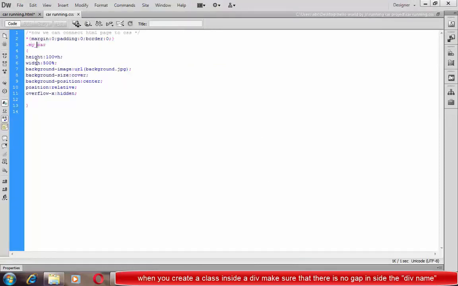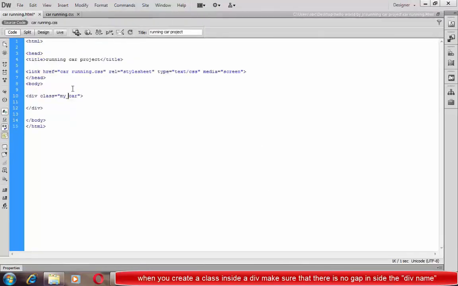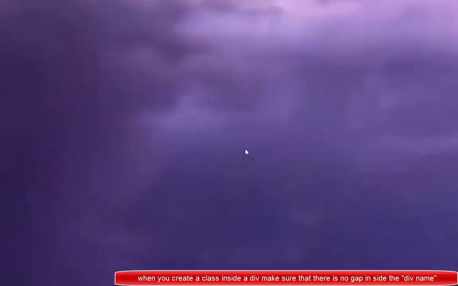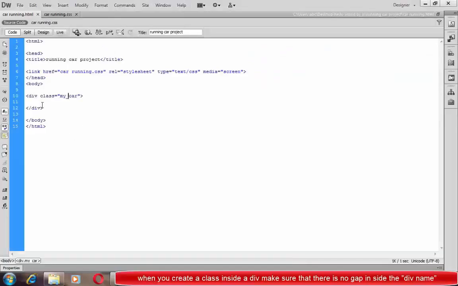So again I go to my browser and correct it, and just write my car here. After that I save it, and in the CSS property also I save it, and then I go to the browser again and you can see that this is the background image here. You can see the total image, and it is present in cover and cover position.